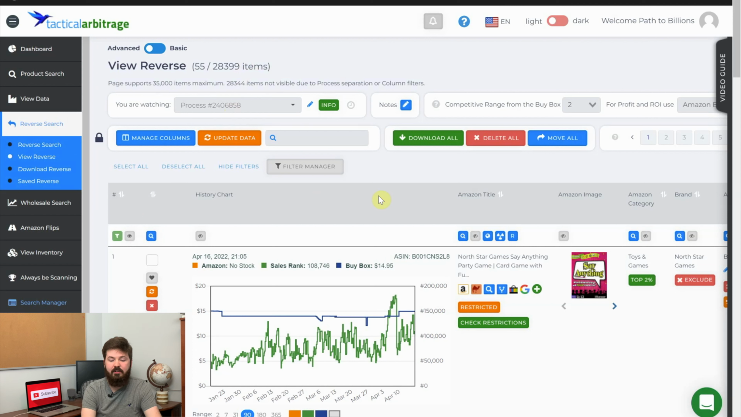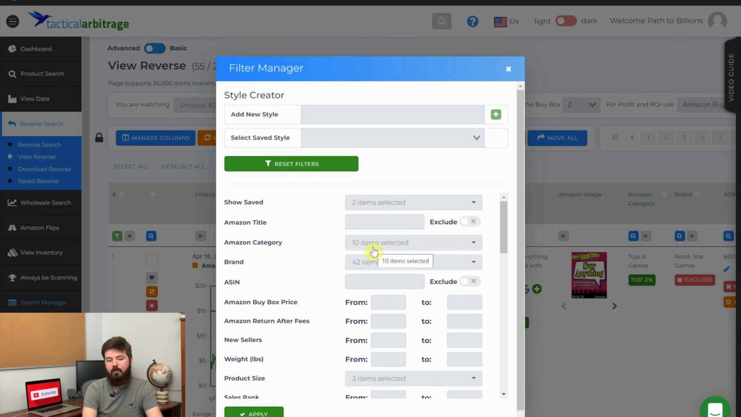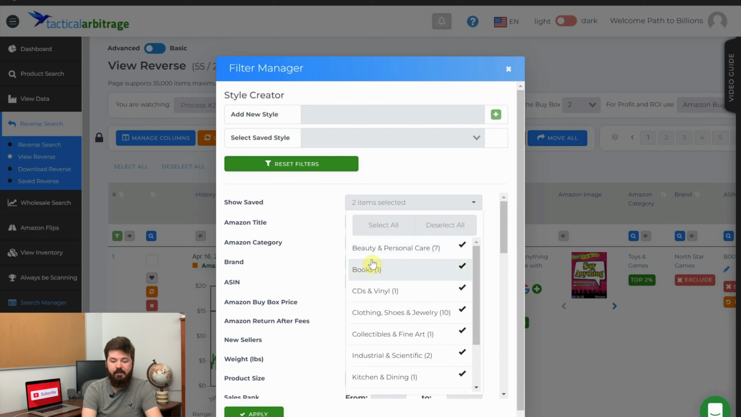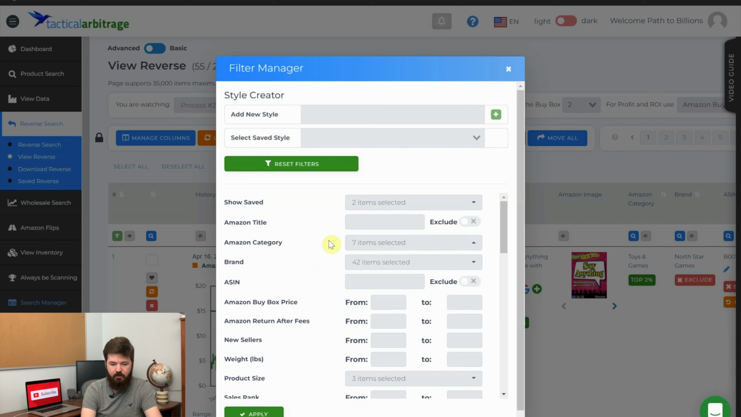In order to narrow this down, you want to go over here to Filter Manager, scroll up to the top of this list. One thing I do for Amazon categories is I get rid of CDs and vinyl, books, and then also movies and TV. This is just to get rid of products that I personally don't sell a lot of. I'm not a big fan of those categories, so I'll uncheck those. And then you want to go down